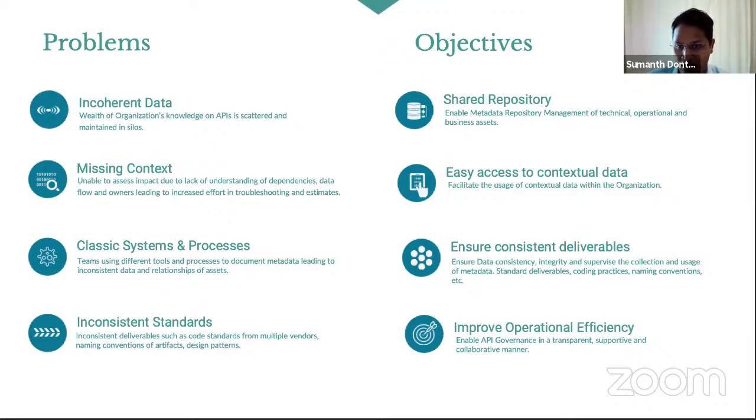And there are a lot of processes on top of that, and the teams that we deal with use different tools. So collecting this data has always been a challenge, and understanding the relationships of these APIs has been challenging for us. And we had a lot of inconsistent standards.